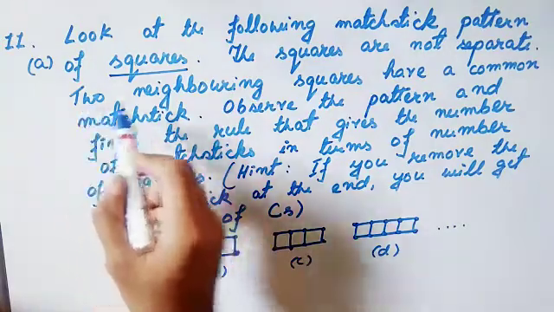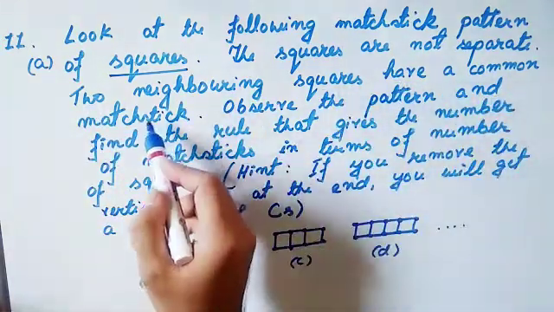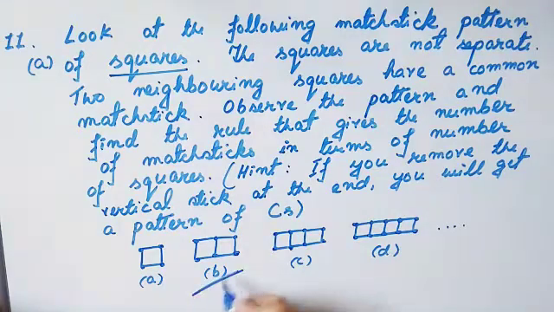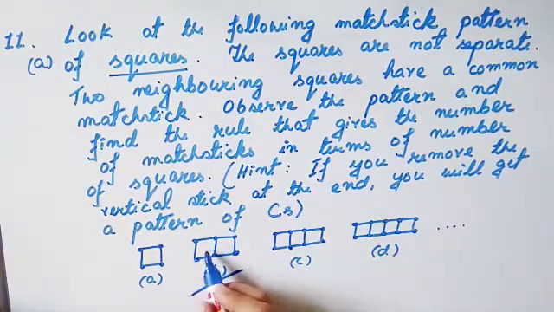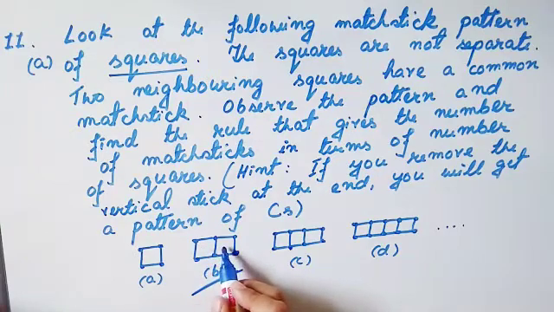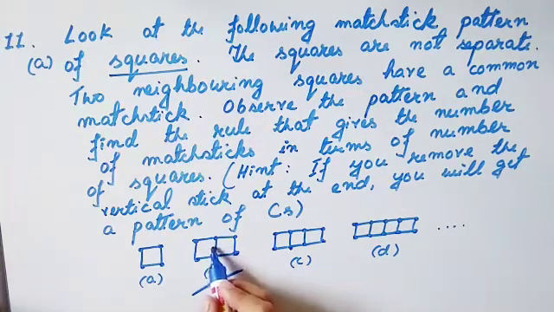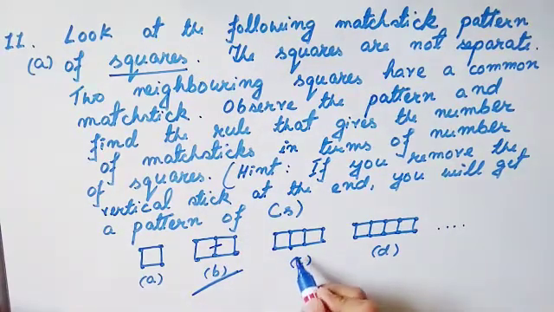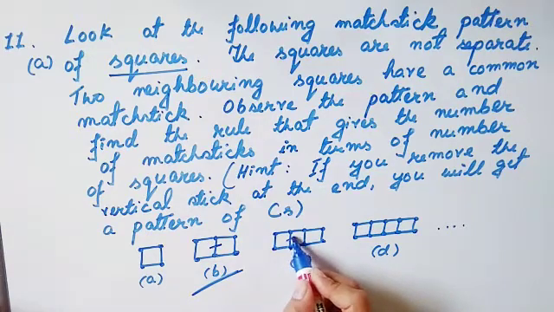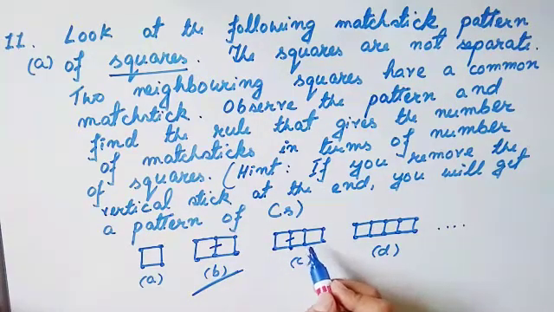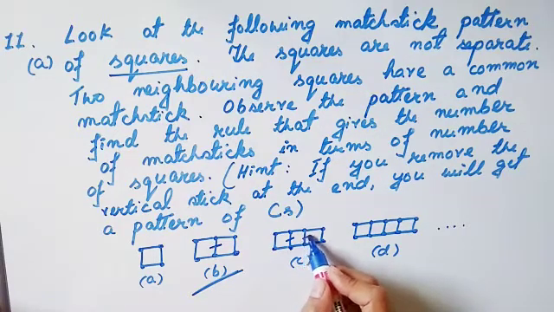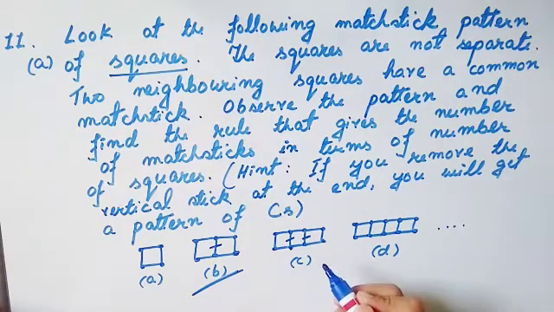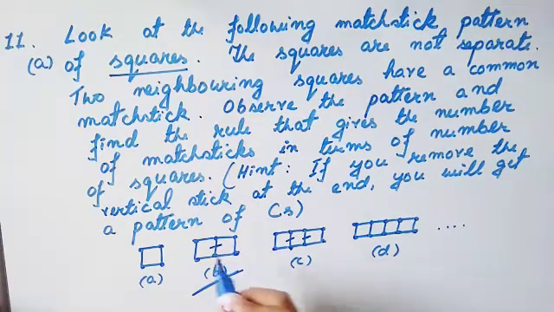Then it says 2 neighboring squares have a common mastic. So let's look at figure number B. We can see that how many squares are there? Yes, there are 2 squares. And between these 2 squares, there is a common mastic. Right, and again in figure number C, let's look at the first 2 squares. There is a common mastic. And again, when we look at the second and third square, there is also another common mastic. Okay, so the question is saying the squares are not separate, and 2 neighboring or 2 consecutive squares have a